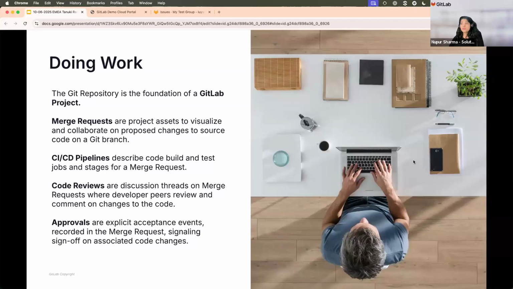Then you have code reviews. Code reviews are threads on a merge request where a developer, an SME, or a product owner can comment on the code changes and tell if it is behaving properly or not, if it is the expected change, or if they expected something else, or the development process is not aligned. So all those kinds of feedback mechanisms can happen in code reviews. Code reviews can be a mix. They can be technical, and a little bit non-technical as well, depending upon who is involved. But basically, it's to make sure you can identify what needs to be changed ahead rather than later in the